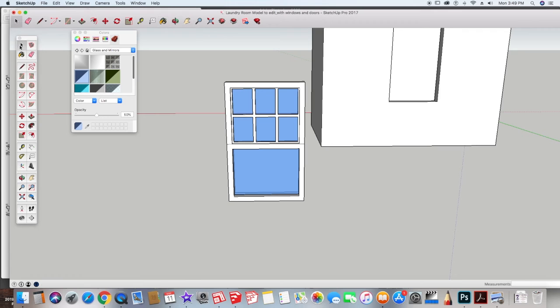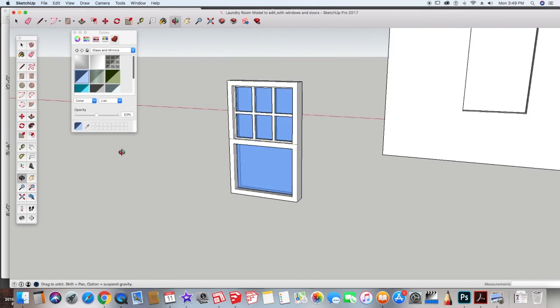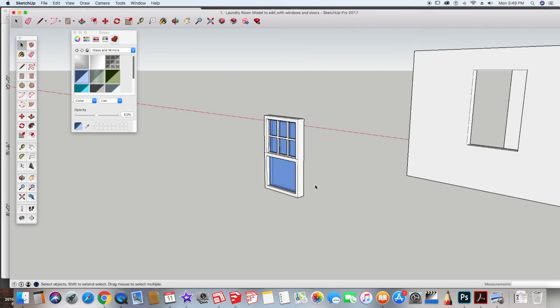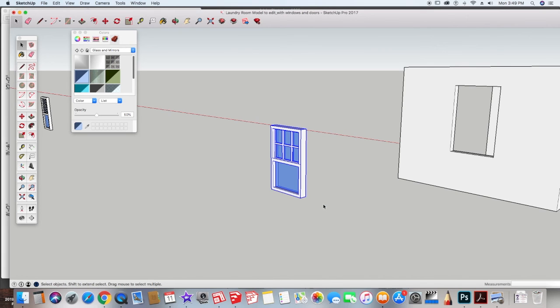The very last step we're going to do is we're going to group this window so that when we go to put it into the model, it doesn't stick to the geometry. Triple click the window, right click, and say Make Group. Now, if you have more than one window or more than one type of window, let's say I had 3 of these windows in my model,